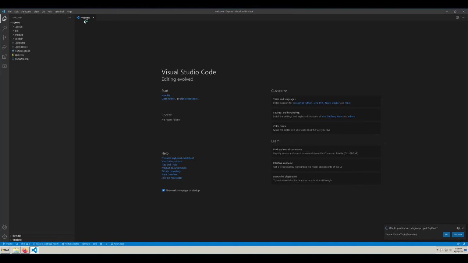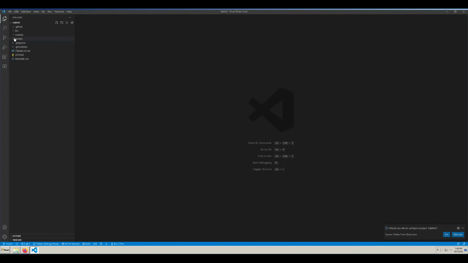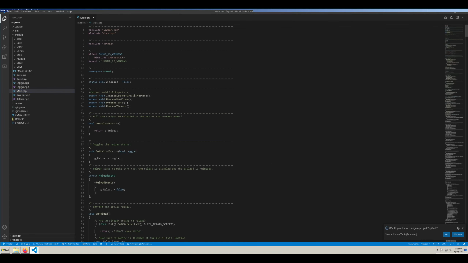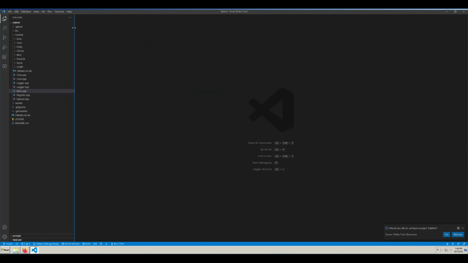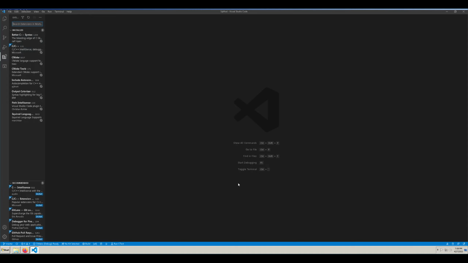So now that we've opened this one up, let me open up a dummy file and see if the syntax highlighting works. And it works. Okay, so as you can already see, because we installed the CMake extension